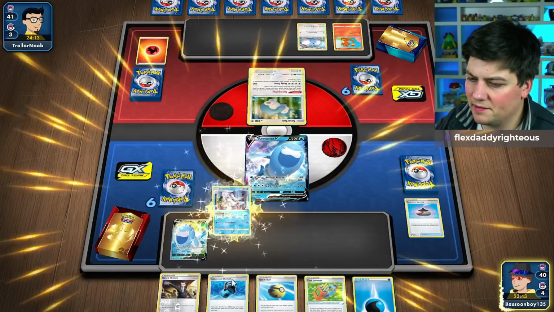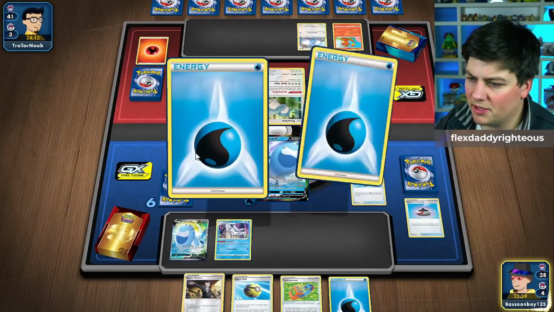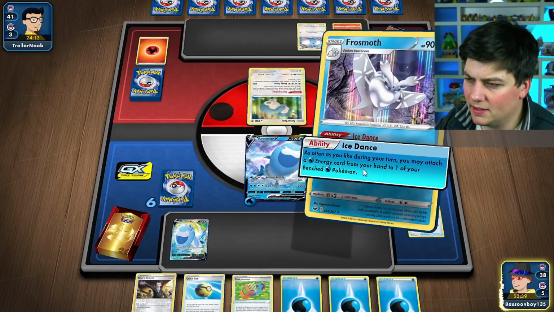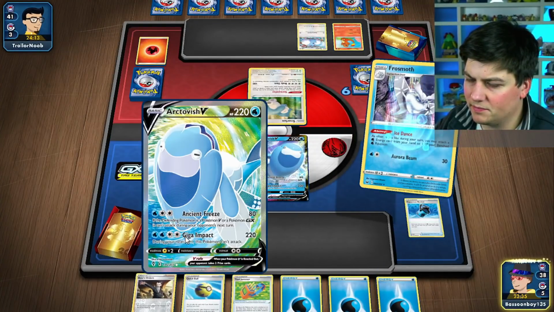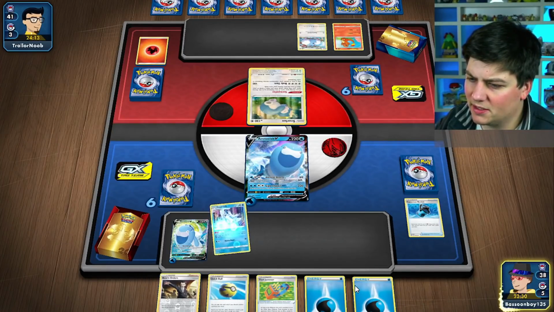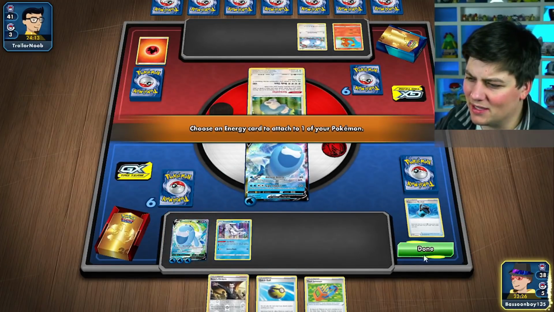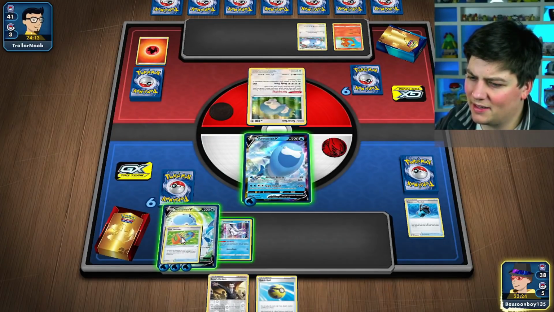Let's go here. Because I'm an island boy. We get a couple of energy down. Honestly, a retreat into like a Marnie would be pretty sick. So I'm not gonna... Yeah, maybe I am gonna discard the boss. Because like...